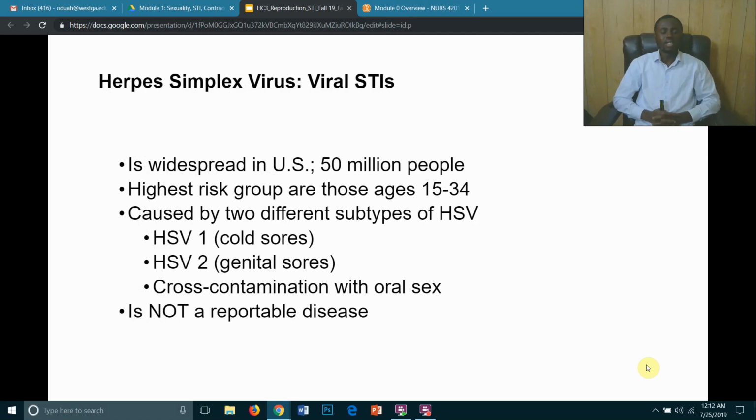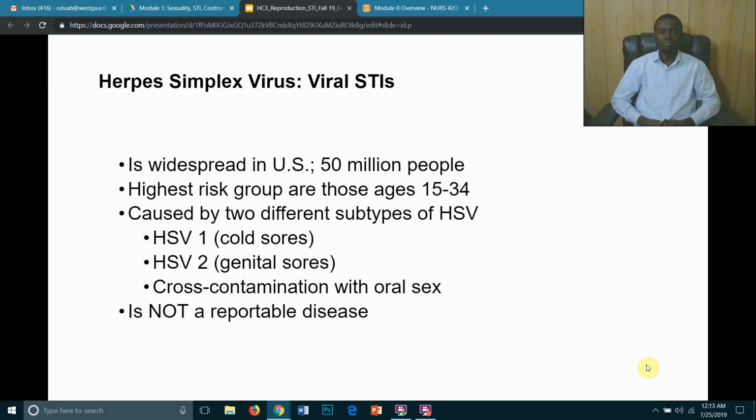The first type of STI that we are going to discuss is genital herpes. Genital herpes is an acute, recurring, incurable viral disease, which means this is chronic, and once you develop it, you're going to have it for the rest of your life. According to Warren et al. in your book, herpes is the most common form of STD in the United States, with 17% of Americans currently infected with the herpes simplex virus type 2 and 57.7% infected with type 1.